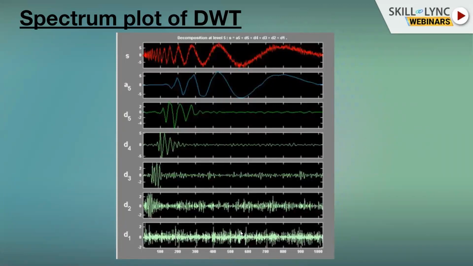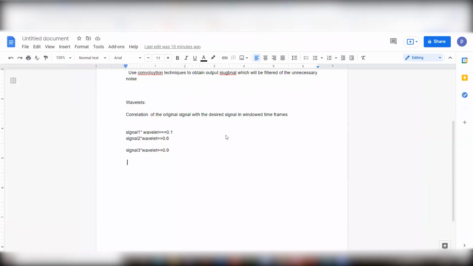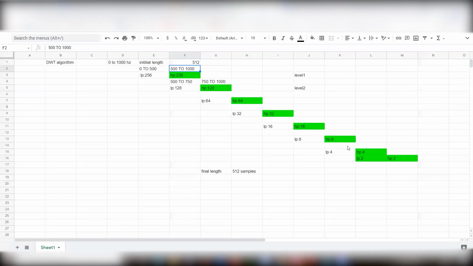Okay, so this is how the DWT algorithm is implemented, where you split the signal using low pass and high pass filters and capture the high pass filter coefficients. But at the end of the algorithm, you have to club both low pass and high pass coefficients and go back upwards. You have to add first, second, third, fourth, fifth. It's not adding, it's called concatenating. Okay. You have to concatenate from top to bottom.